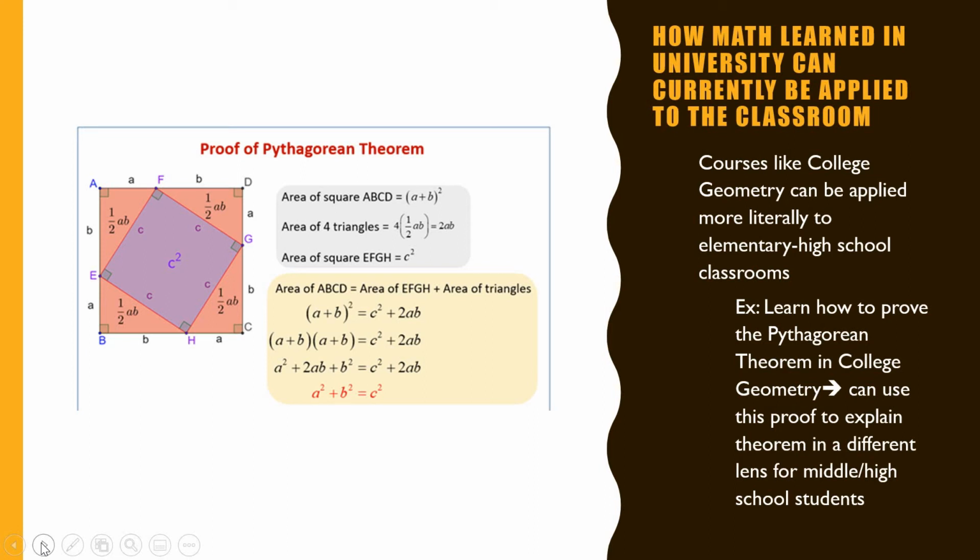For example, college geometry presents many proofs that could be used to explain the Pythagorean theorem, as seen in this image. Such proofs are great ways to illustrate and explain the theorem that middle or high school students would otherwise be expected to memorize without deeper comprehension. I know in my own middle and high school career, I was never shown a proof of the Pythagorean theorem. Instead, I was just expected to memorize it straight on. This all simply goes to show that collegiate versions of high school classes add to teacher CK and therefore student performance through giving the teacher more ways to explain and present topics.